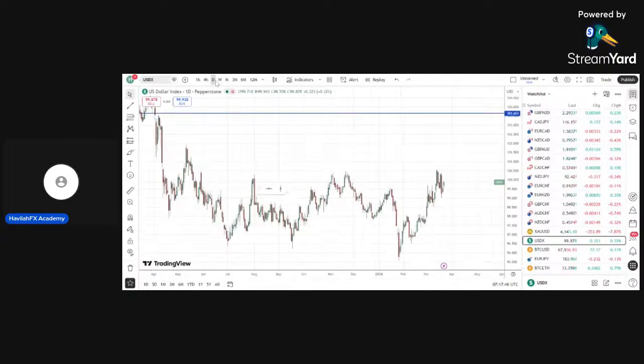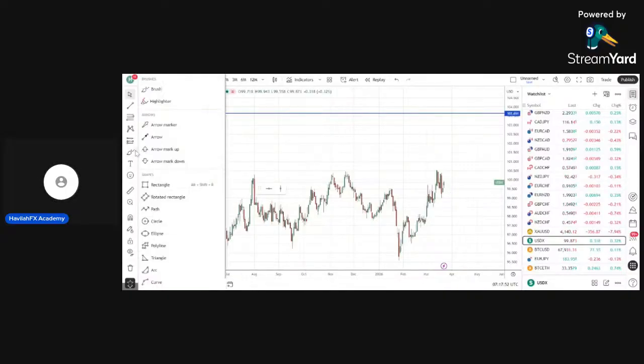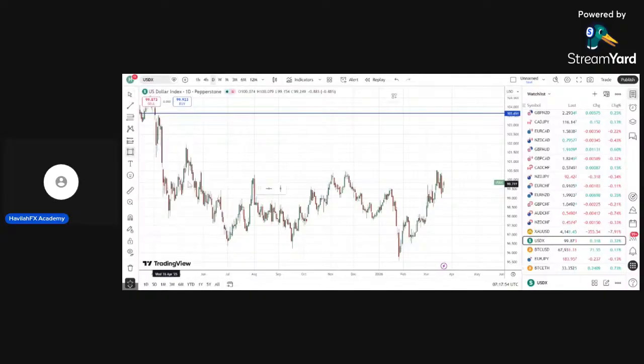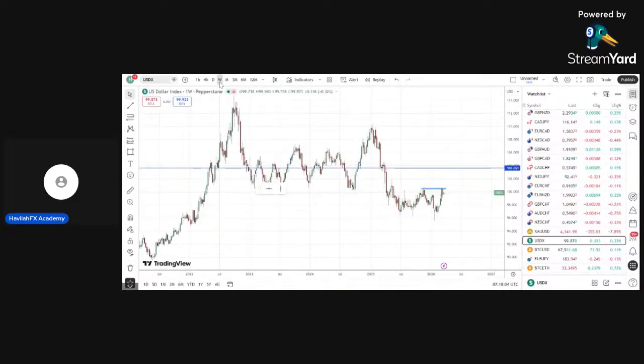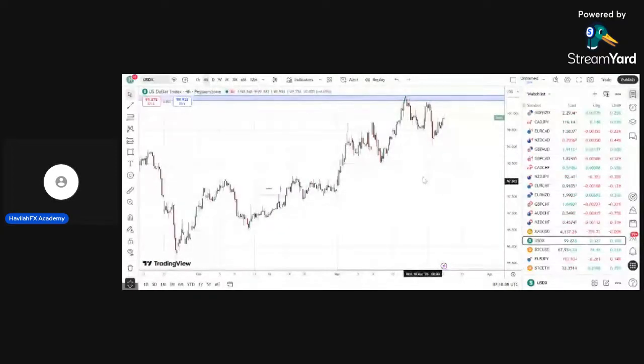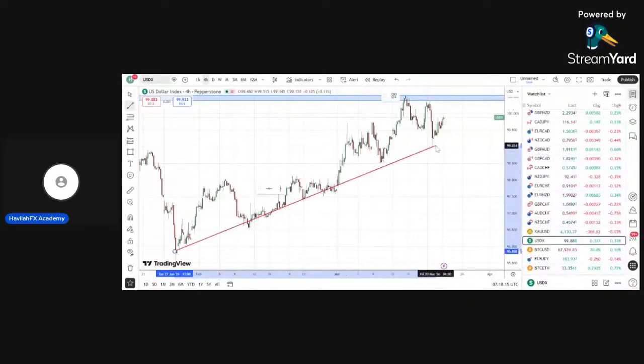Now, I'm looking at the dollar index on the daily time frame. Sometime last week, price hit a resistance zone on the daily time frame, and let's go to the weekly time frame too. We're not getting much information on the weekly, but if you flip down to the 4 hour, based on the resistance that we have up there, I can draw my trend line